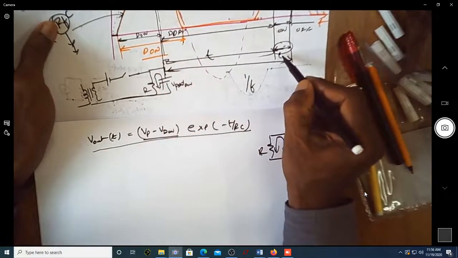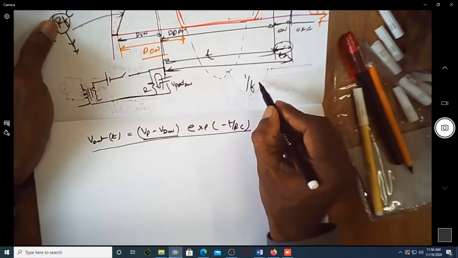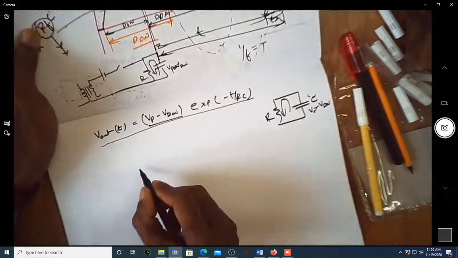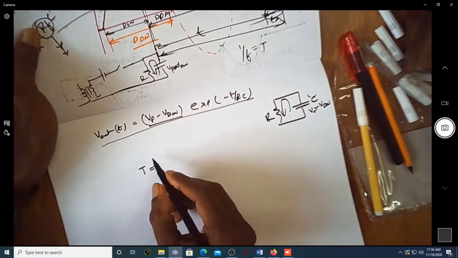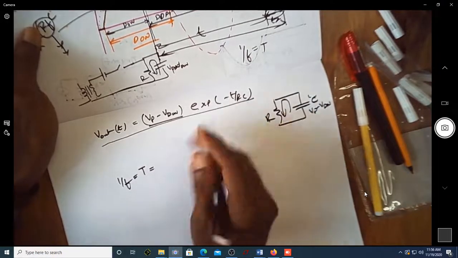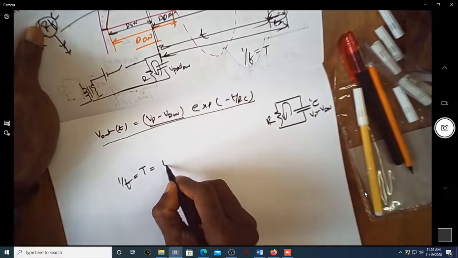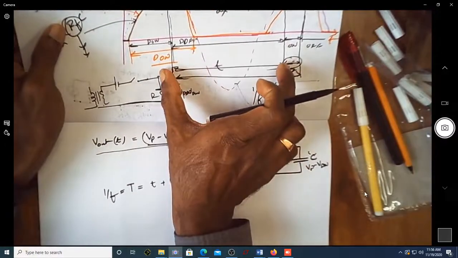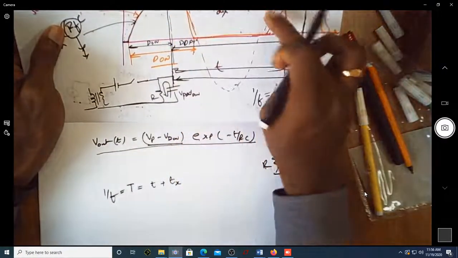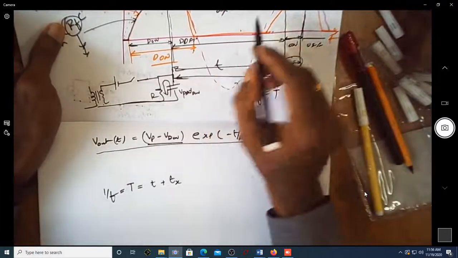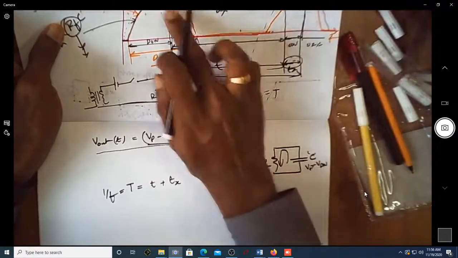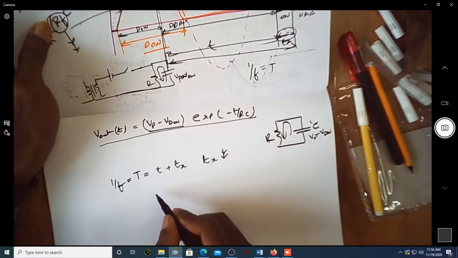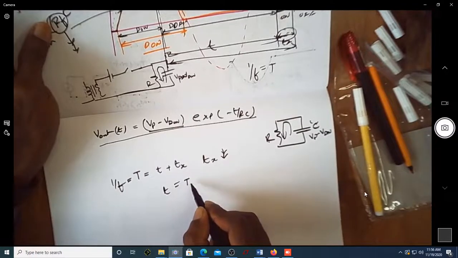So since you can see this, is this time very negligible compared to this overall time? So I will say it as Tx. I'll call this capital T. So actually, to be very frank, total T, that is one over frequency, is given by T plus Tx. This T is the time at which your capacitor is discharging, and this is the charging time. Usually this time is very less compared to this time. So since Tx is very small, can I write T is equal to capital T?